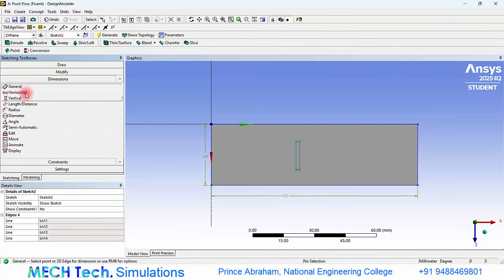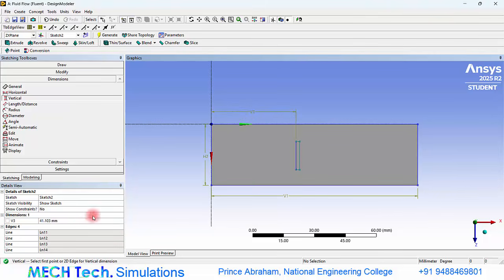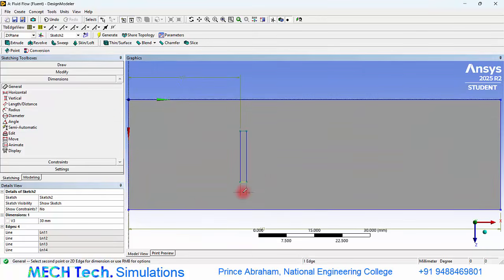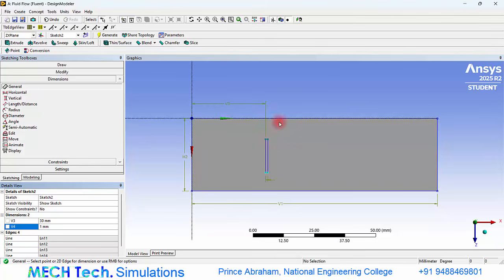and go to dimensions. So this rectangle is at a distance of 30 millimeters from the upstream and 70 millimeters from the downstream. So this is the inlet and this is the outlet. And let's give a small dimension of 1 millimeter as the thickness of that. So we know that this is having a thickness of 30 millimeters. So let's give a width of 20 millimeters for this plate,